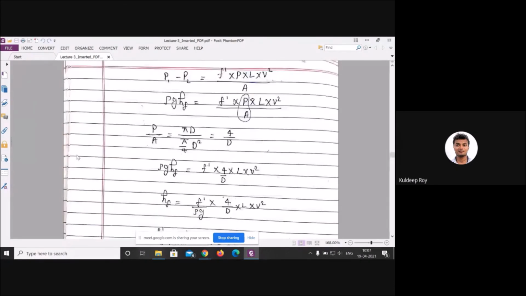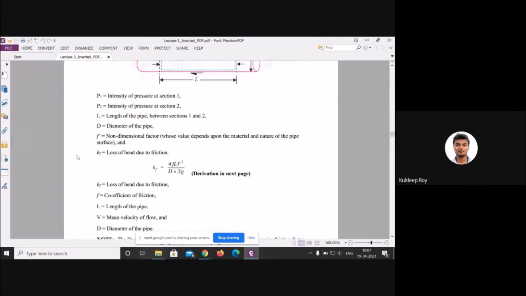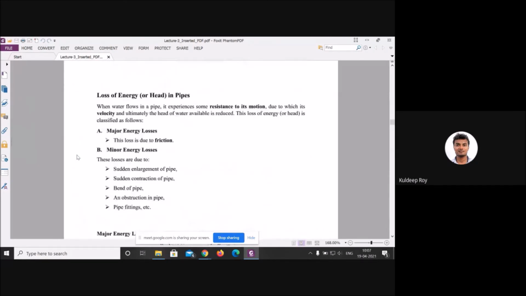So I think you have got an idea. Let me give a brief glimpse, then we will go further. Today we talked about the loss of energy. Loss of energy means if the fluid flows from one position to another, you have to define which kind of losses occur and how they are generated, because due to any kind of frictional force, any kind of bend, and any kind of pipe fitting, loss will happen. So you have to define the category, and we have defined two types of losses: one is the major loss, another is the minor loss.